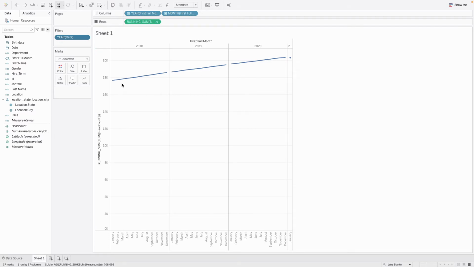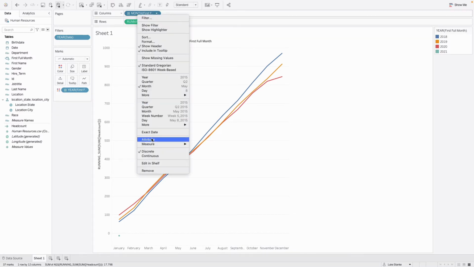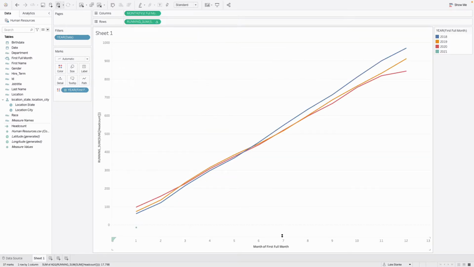And I might just double check one of my calcs, but this is more or less the directionally correct solution for this week's challenge. I'm just going to take year, by the way, I'm going to put this on color so that we can sort of see the visualization that I'm looking to put together. I also have this as a continuous axis, and we changed the labels, by the way, later on. You can sort of see these totals rolling through, and we need to, as a result of this change, also